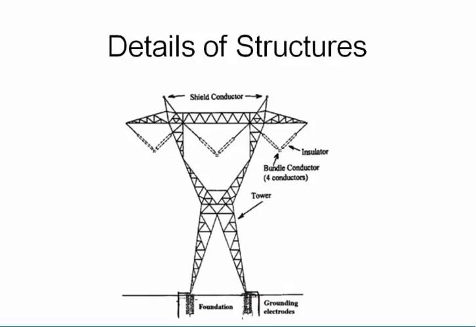So this is a transmission line. These are insulators here to insulate the conductor from the tower. Those are your conductors. You have your foundation, you have proper earthing. In case of insulation failure, the conductor will transmit the current to the tower, which is dangerous because this is metal. So if you have adequate earthing, not only will you provide a path for the fault current, but also allow the protection system to operate.